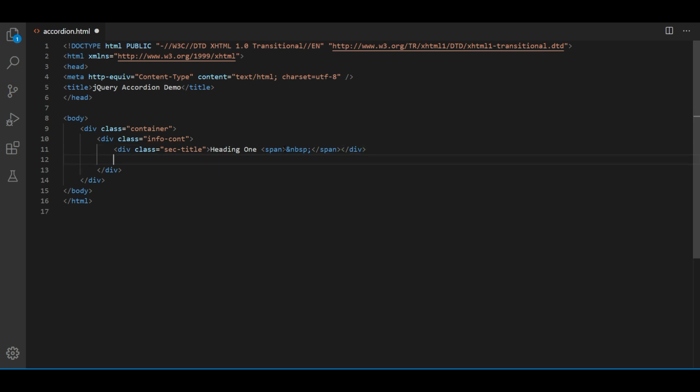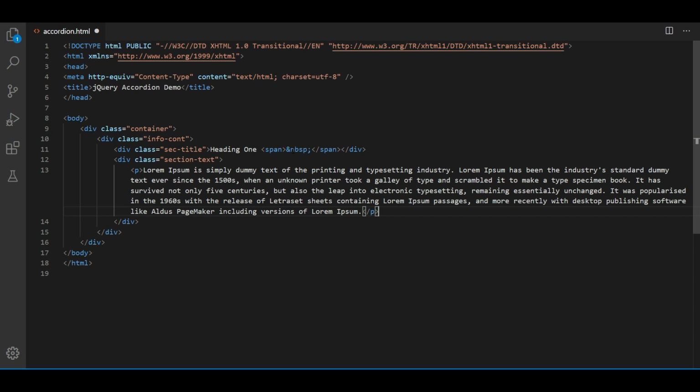So this is the first section and the second is a div with class section-text. Let me use a p tag and add some dummy text here. So this is our first accordion menu section.